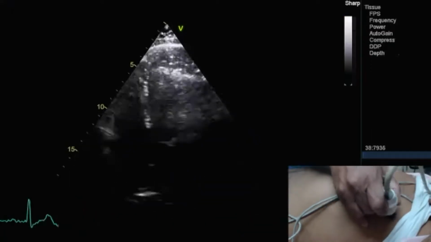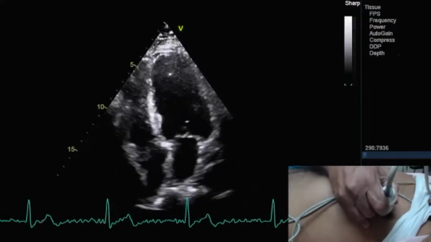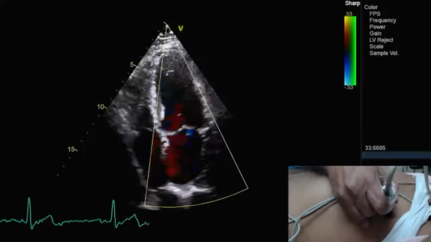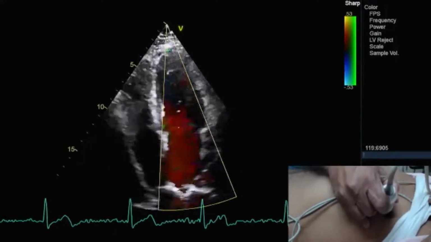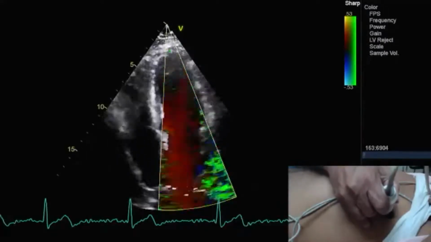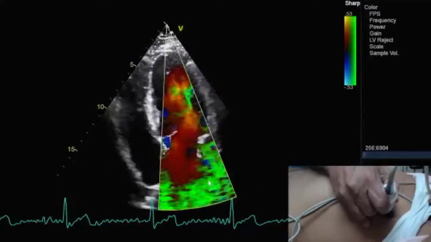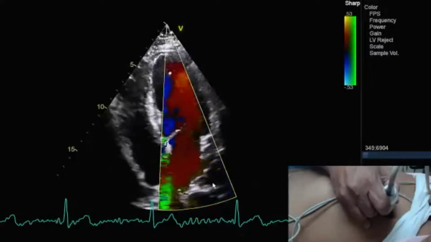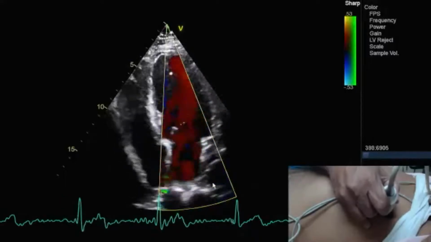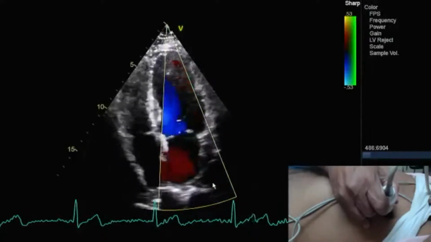Second important thing, we have to optimize color gains. Now, this is what the color gains you are seeing. Now I'm going to increase my gains in the colors. Now you start seeing garbage. Can you see the garbage over here? This is all garbage which is seen over here. So to reduce this garbage, I'm reducing my color gains. Now all this garbage disappears. I'm optimized for my color gains.